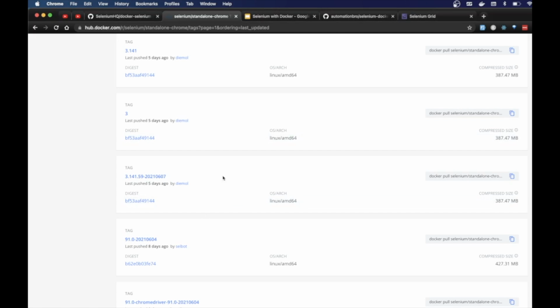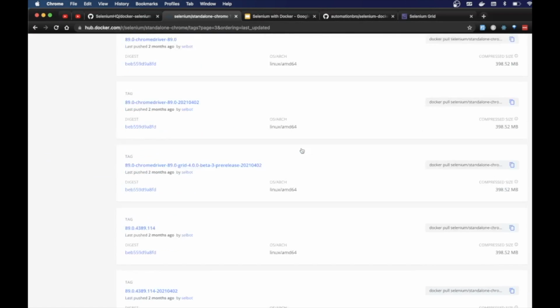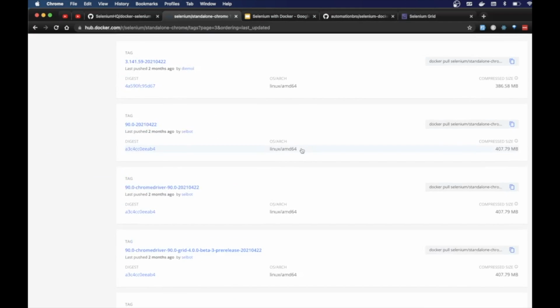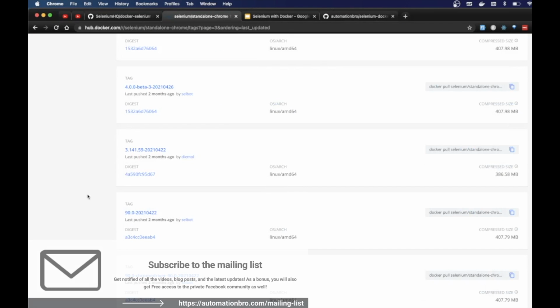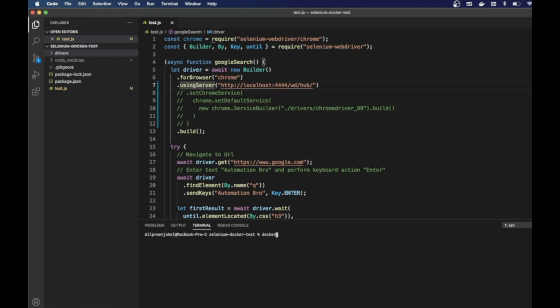Now let's say I don't want to use the latest image, I want to use an old image, which is going to be, let's say, Chrome driver version 89, for example. I can go to the old ones and search for another image that I want to use. So for example, if I need to use this image, which is 3.141.59, and it has a slightly different number, if you notice, which is 0422. So let's say we need to use this one, I can go back to VS Code. If I do docker ps, here I'm obviously using 0607. I need to change this to use 0422, right? Which is going to be a different version. And I don't know which version that's going to be, but let's take a look at that.